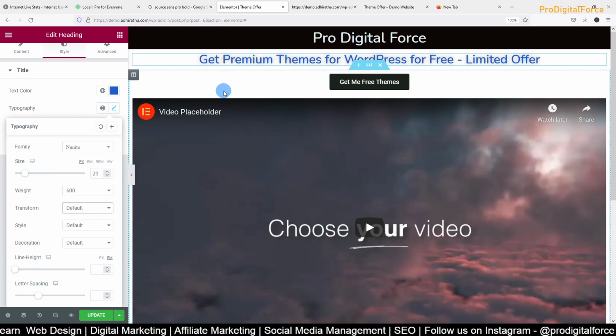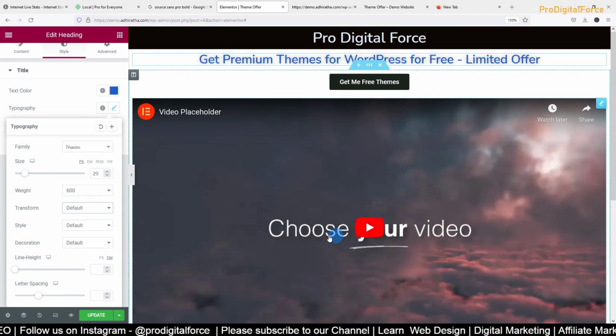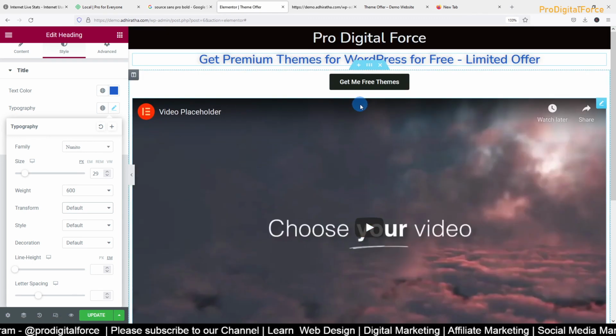Still, I can add a few more things, a few bullet points, but you guys can do that at the next level. But right now, put a title, put a tag, the headline, right? You put your brand name, then what the offer is, in a single line, or maybe max 2 lines. You should be able to convey that. There should not be much information. Maybe 1 or 2 lines you should be able to convey what exactly your offer is. That's the lead magnet. Then a presentation section, and immediately you give them the option to get that offer. That's all, nothing much. All this should happen in a basic setup.